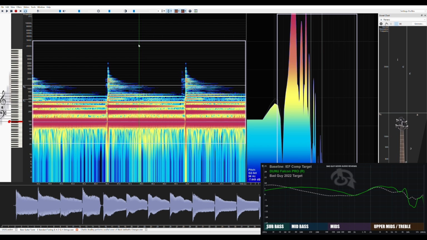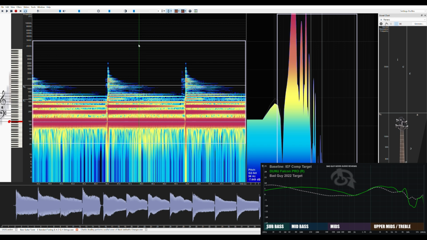The next type of tuning would be what I would consider to be very unideal, and that would be bloat. And that would be something like the Dunu Falcon Ultra Pro. Not really sure which version of it, but I'll put up the graph of the one that I had, the blue one. This is a bass that is going all the way to the ear gain. There is actually no correction. It goes all the way to the compensation for the ear gain. And that is a type of tuning that